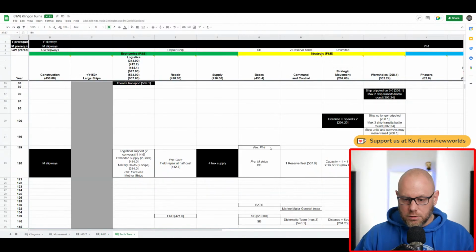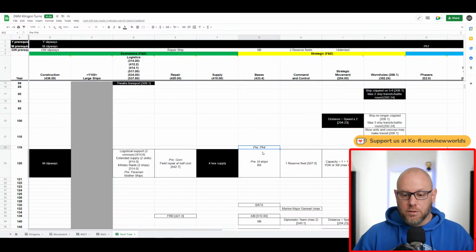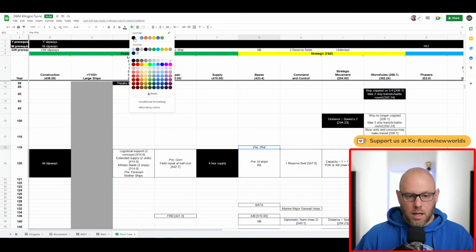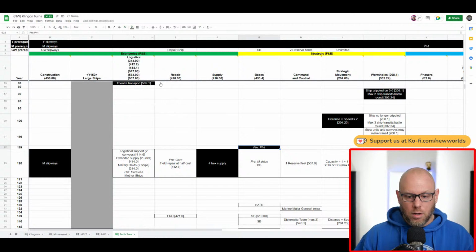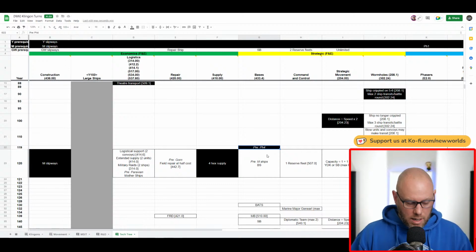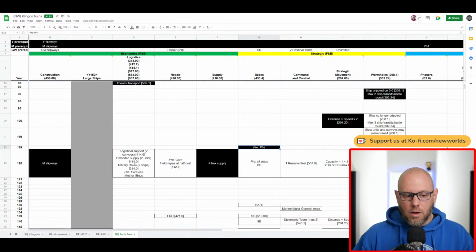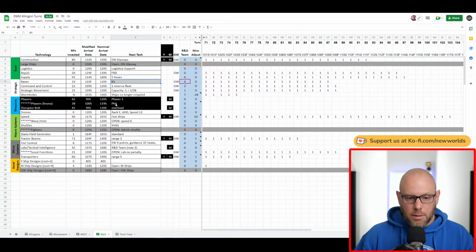So when we go to the tech tree, we can see that the prerequisite for phaser 4 has been discovered. So I'm going to highlight that in black. I'm going to change the text to white. That's been discovered. What I have not got is the base tech completed for base technology. If we go to the R&D table, you can see that base station will become available for me at 110